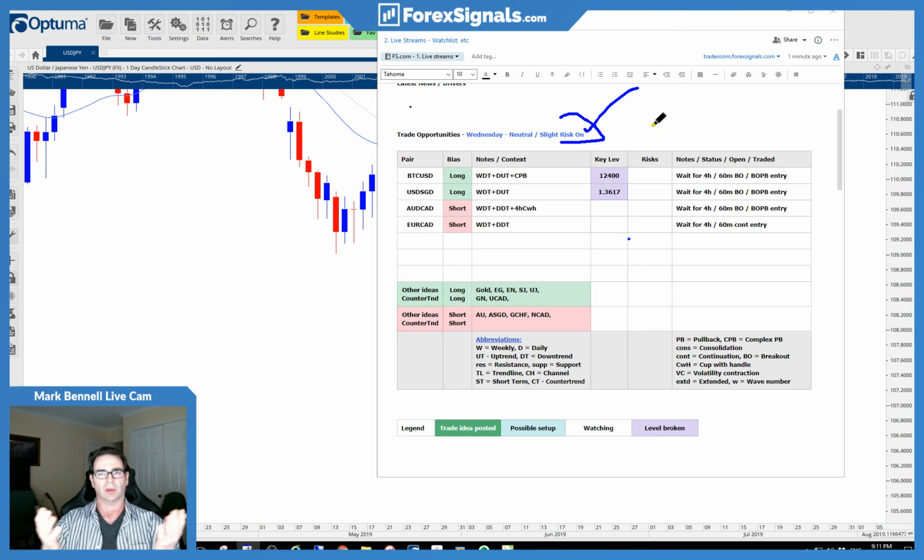So if the US stock market is falling or is getting sold off hard, we're in a risk-off situation, and that will filter through into other asset classes. So I want to know whether we've got risk on, risk off, or whether it's neutral. We've been pretty good with this week. We had neutral to risk on yesterday and today as well. Now, that will affect also the yen and Swiss.